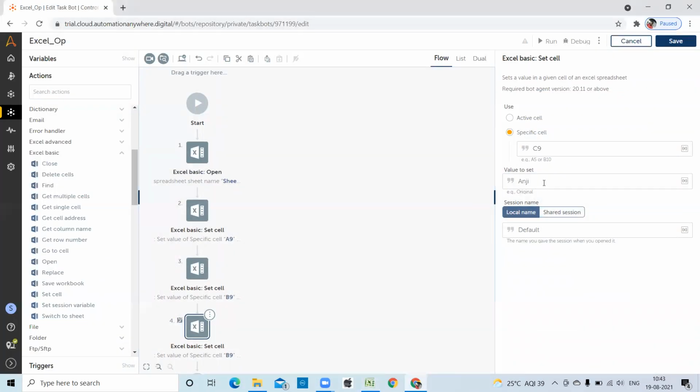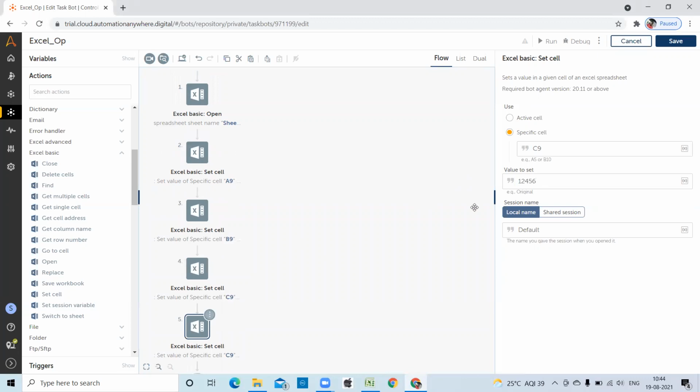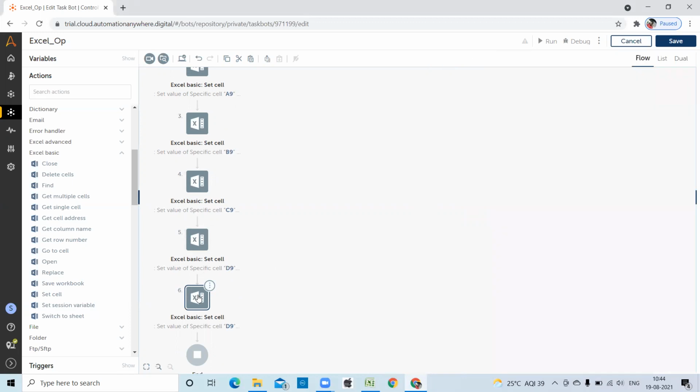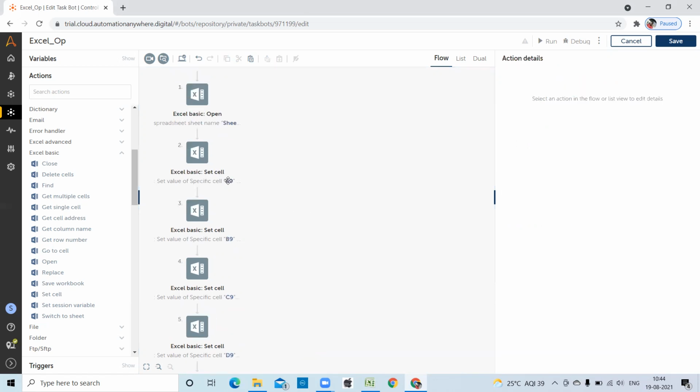Salary. Professional. Hyderabad. So A, B, C, D, E.